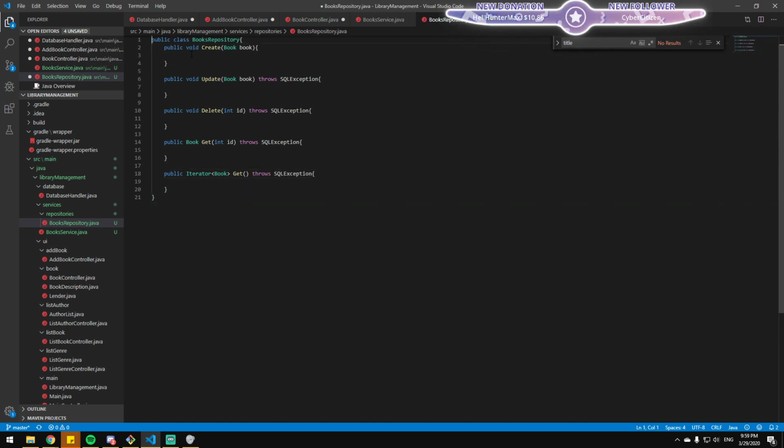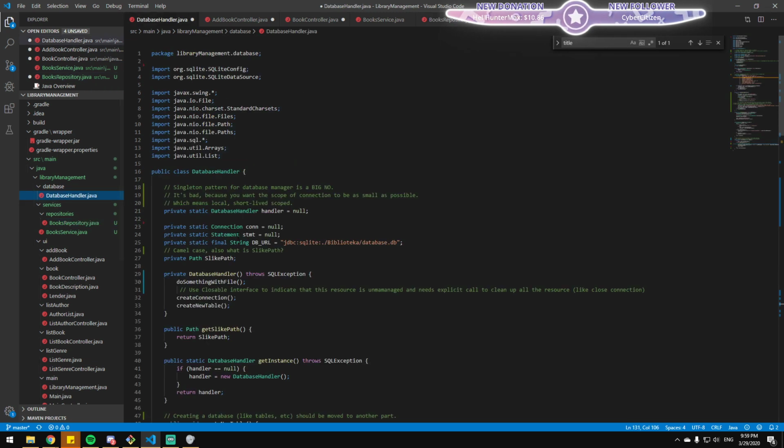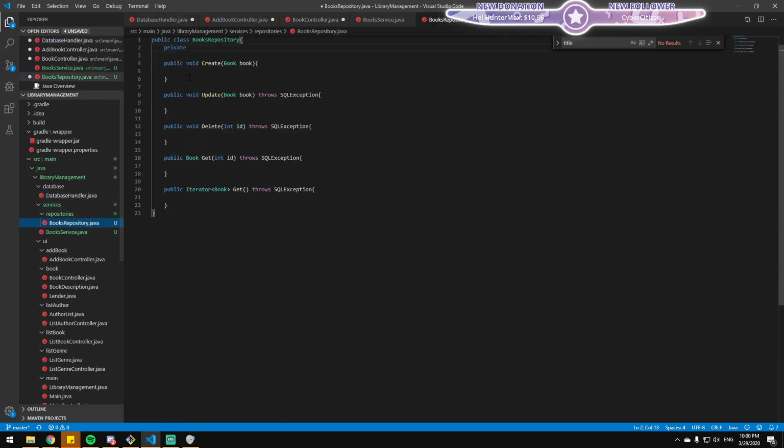So just a proof of concept of how the repository would look like. Privately, you would have, how is read-only in Java? I'm not actually sure. Yeah, there isn't really a read-only. Final is constant, and it's even stranger than constant. I don't fully remember it, but final acts a little different.